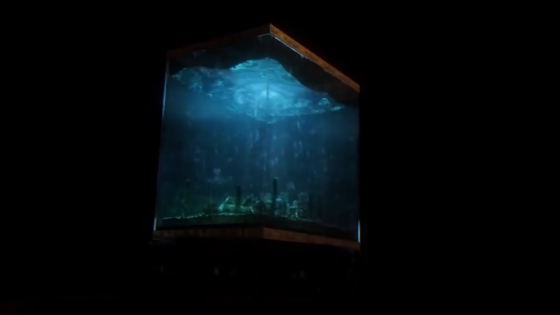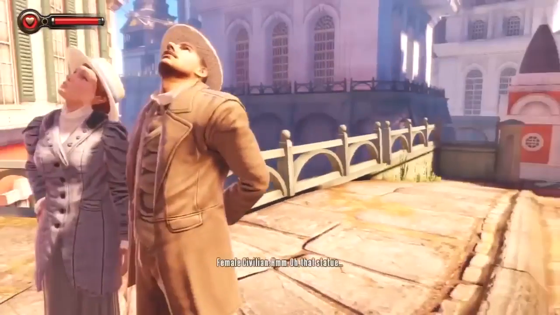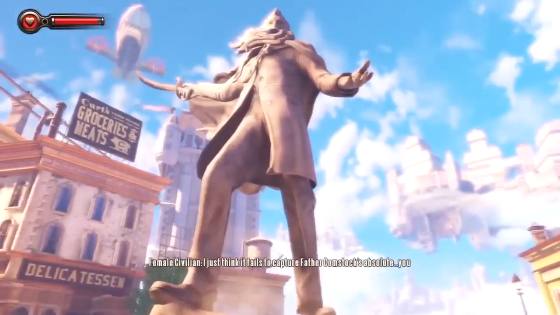Irrational Games was taking a pretty huge risk when releasing Bioshock Infinite in the summer of 2013. After the runaway success of the first game and the slightly less enthusiastic response to its sequel developed by a different company, Irrational decided to break away from the franchise norm and set Infinite in an entirely new location. Through it all, the game's director Ken Levine made sure to keep Bioshock's core themes about American history and philosophy